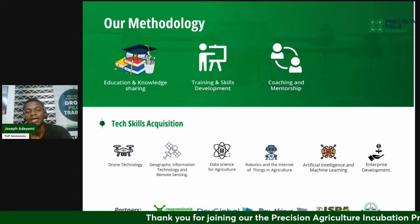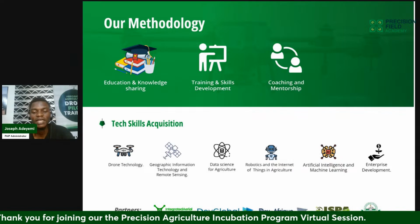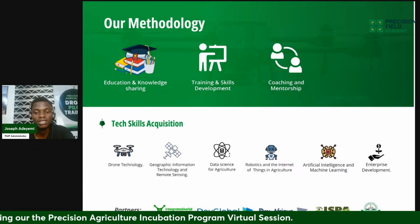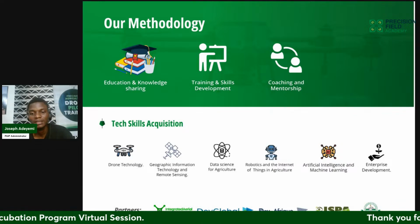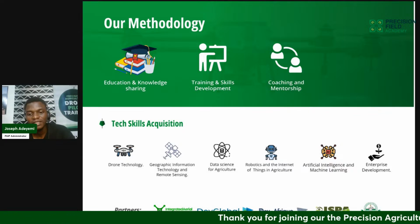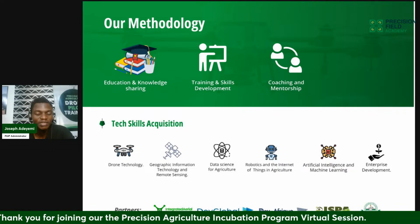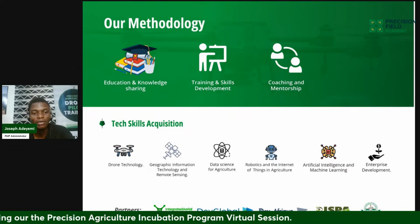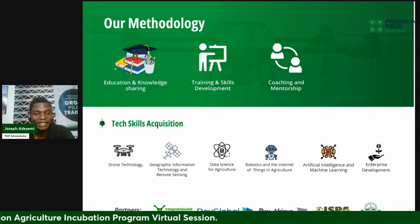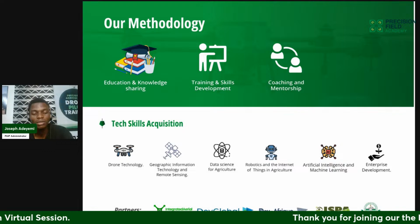farming practices, get entangled with accurate data that can really help them to make precise and accurate decisions, helping them to save time, save cost, and also farm efficiently. And lastly, we have enterprise development. Enterprise development here is that our goal is to raise more young leaders in precision agriculture, creating enterprises focusing on agri-tech solution